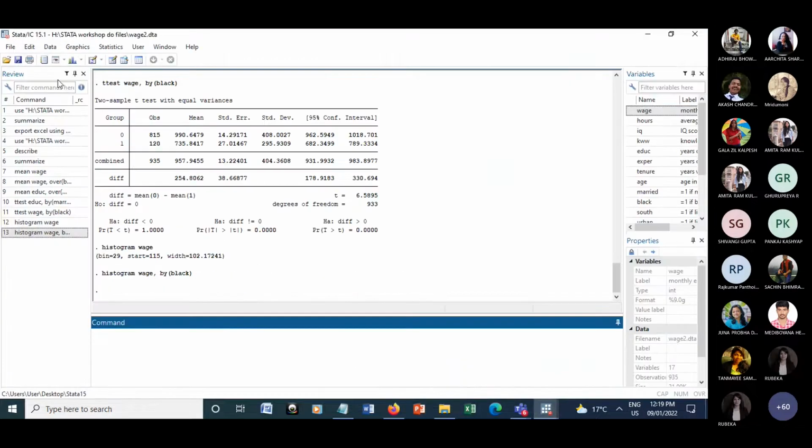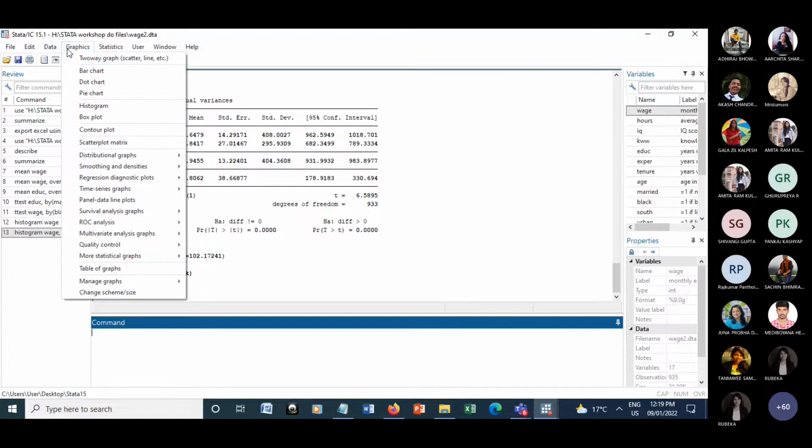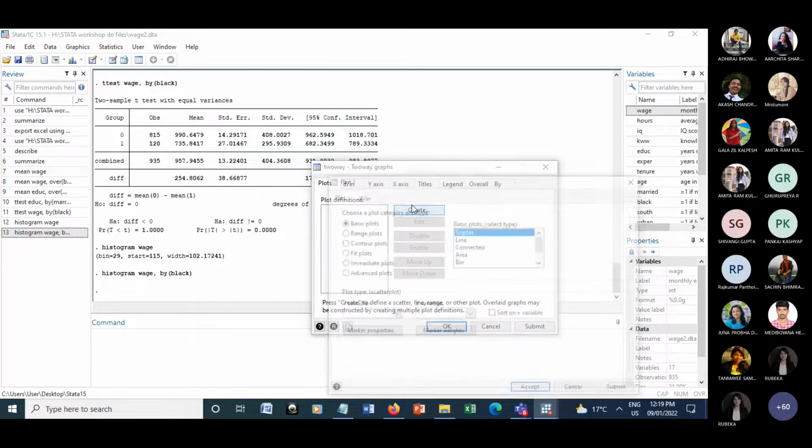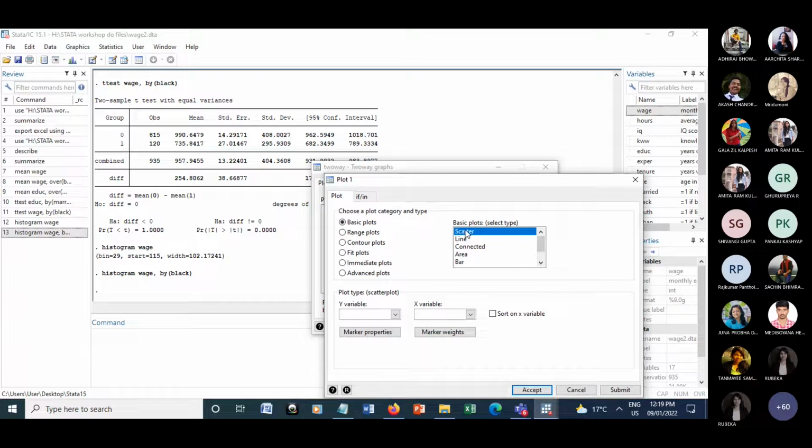Now we are done with the histogram. Now let me go to the scatter plot. When you have two continuous variables, you might also want to look at their association. So suppose I want to look at the scatter plot for two variables. It's your choice whom you want to consider as the x variable or the y variable. In this case I would like to specify the